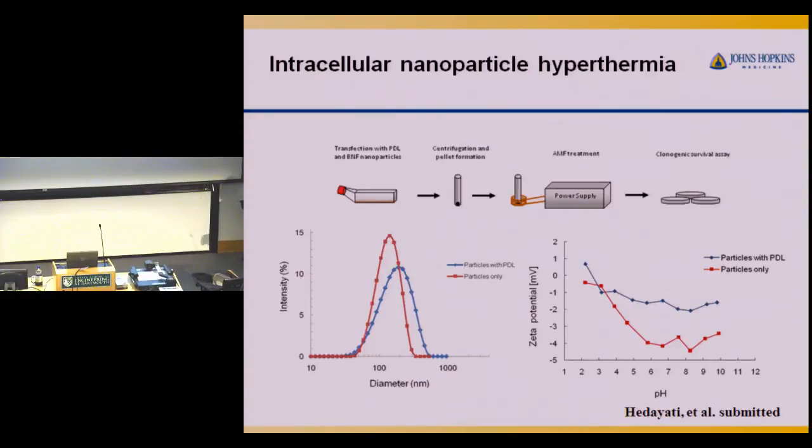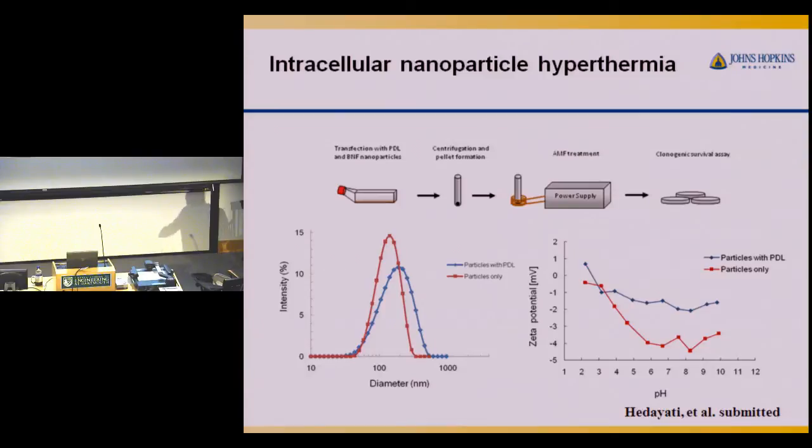How small a tumor or cluster of cells could I conceivably treat with the magnetic nanoparticles? This idea, magnetic nanoparticle hyperthermia as a cancer therapy, is about 60 years old. In 1979, an American surgeon by the name of Robert Gordon proposed that having the particles inside the cancer cells would give you a therapeutic advantage over particles outside or external hyperthermia, because the cell membrane can act as an insulator, trap some of the heat in, and help you generate a thermal gradient, a temperature gradient inside the cell that's